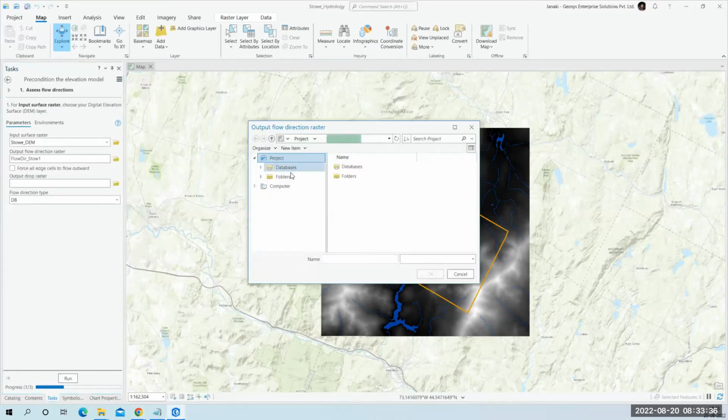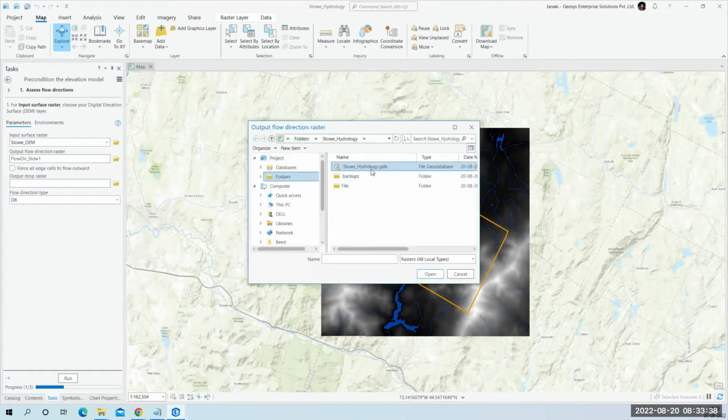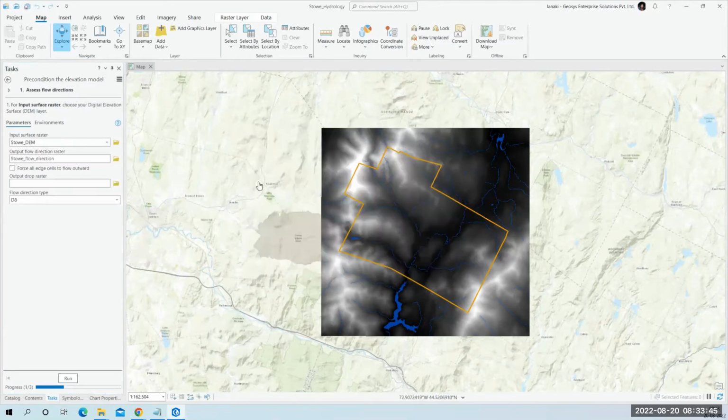So let me go here. Let me go into this geodatabase, and I'm going to give Stowe flow direction, and I'm going to click on save. Okay. And here this flow direction is a D8 type flow direction, which means there are only 8 directions, because if you see